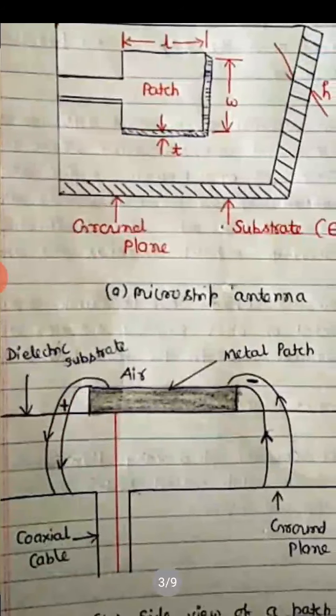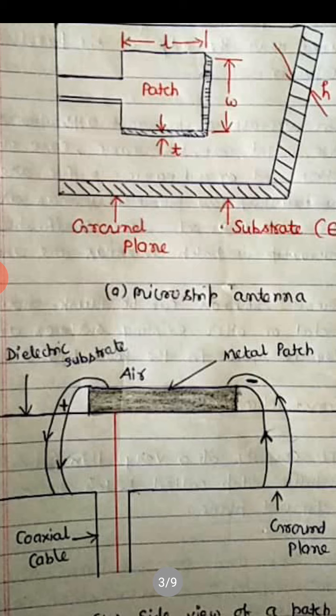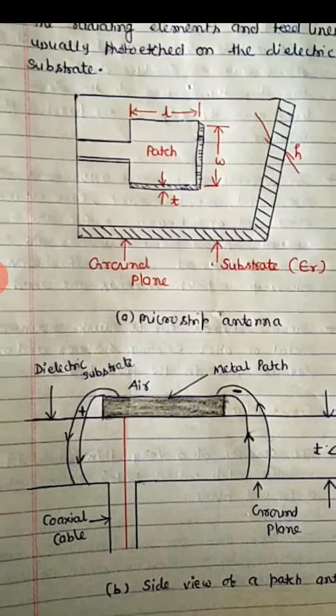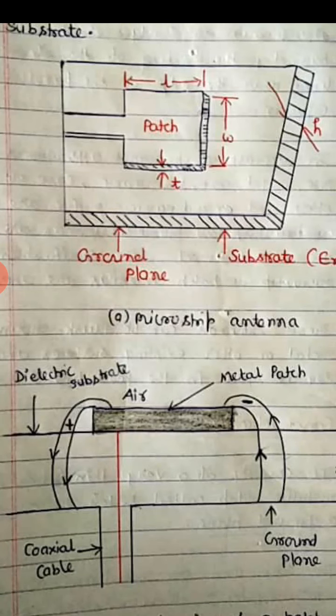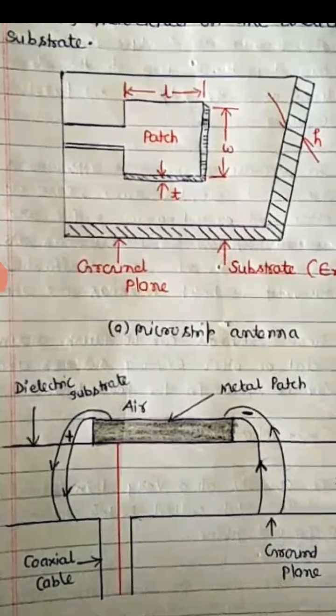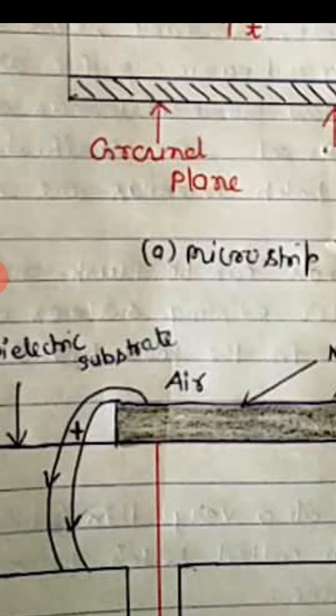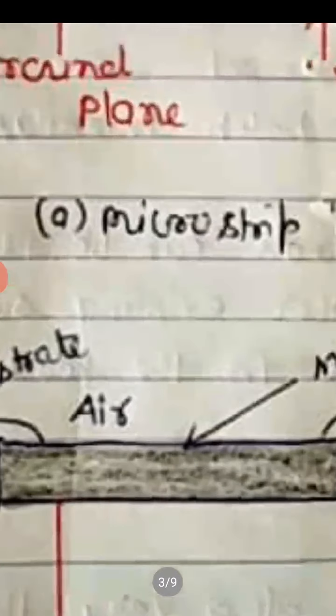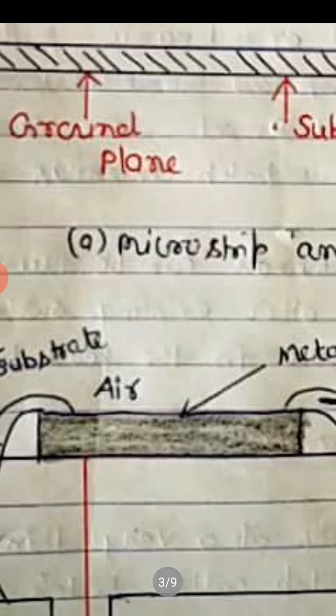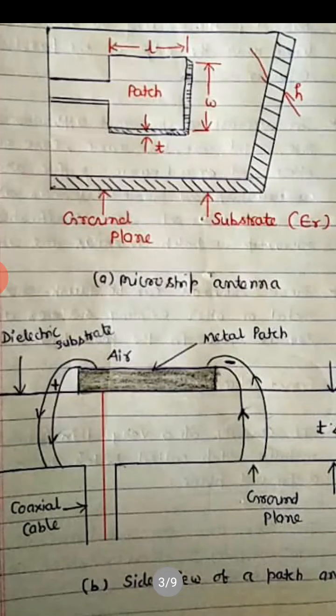You can see these lines coming out from this metal patch. Basically this is the radiation from this patch antenna. Actually, where the patch is discontinuous, radiation will be more. If the patch is continuous, there is less radiation or no radiation. So here at the edges this patch is discontinuous, hence we have these radiations. Here if the profile is the same, there is no radiation.